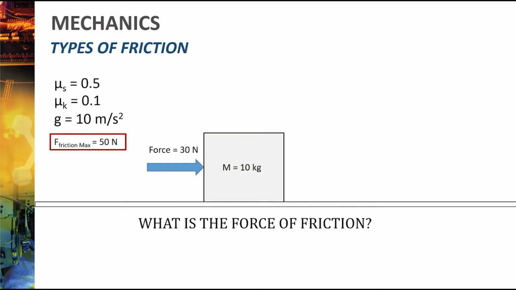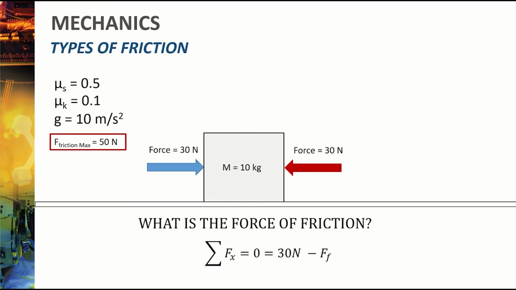Well, how do we solve for the force of friction acting in this problem? Well, we do some statics. We say the sum of the forces in the x equals 0, which will tell us that the 30 newtons to the right minus the force of friction has to balance out if this box is going to remain in equilibrium. So what we find is that the force of friction is 30 newtons.